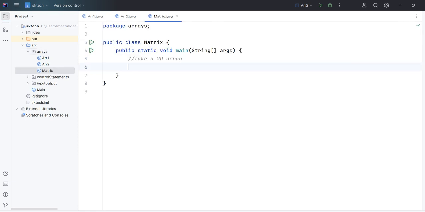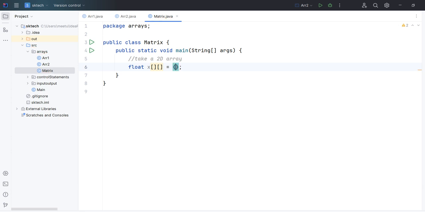Then the main method. So how can we create the 2D array? Let's see the first way of creating the 2D array. Let's say we are going to create a float type so that it will be clear for you. Then the variable name and two square brackets, then new float. While creating it, if we provide the values right there, this other way of creating the 2D array we'll see at a later point of time. So now let's see if we have provided the value here itself.